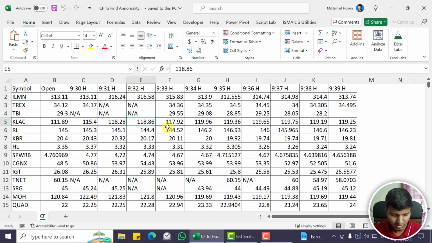In this video, I'm going to discuss conditional formatting and especially how we can use conditional formatting to find anomalies. Okay, now let's suppose this is stock data. It has symbols, open price, 9:30 high price, and so on. And it has 1 minute interval prices between 9:30 to 3:59 p.m., but I have removed all of those data for this tutorial, but ideally this is easier to showcase the conditional